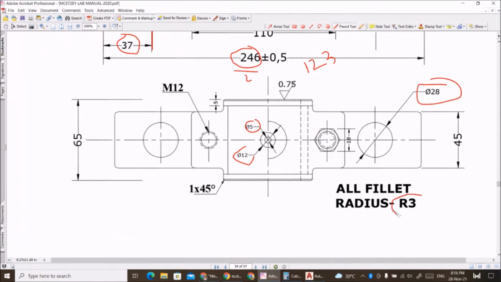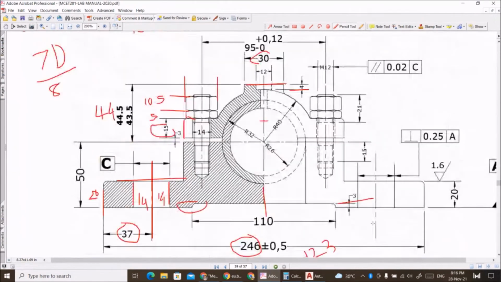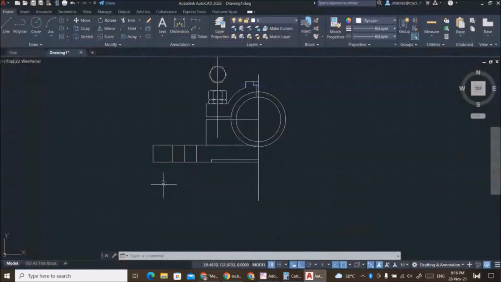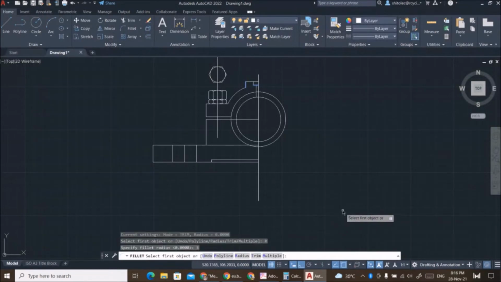All fillet radius R13. Okay, so we'll make the fillet here R13, R13, R13. Here also fillet R13. Here no need. So fillet radius R3, and now